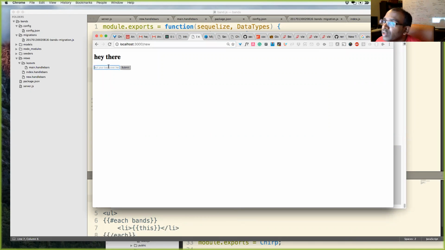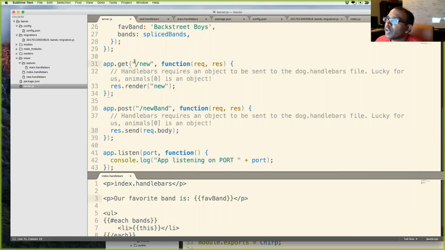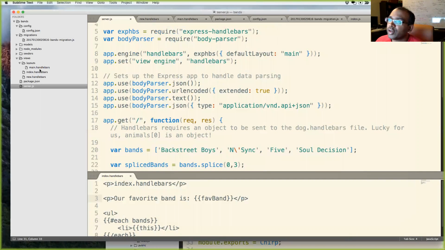All right, that looks like it works. Let's do Green Day, and that works still. So all the routes work. And now inside my server.js file, I need to require this band.js model.